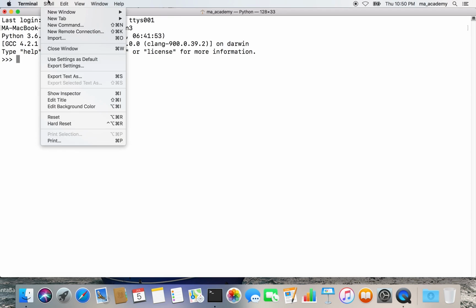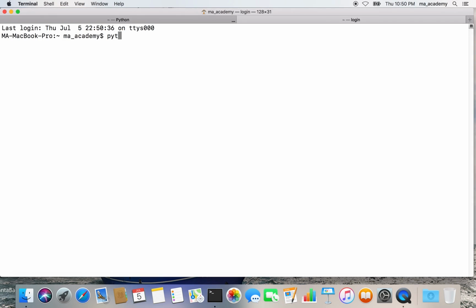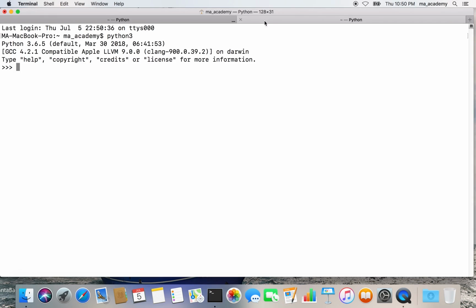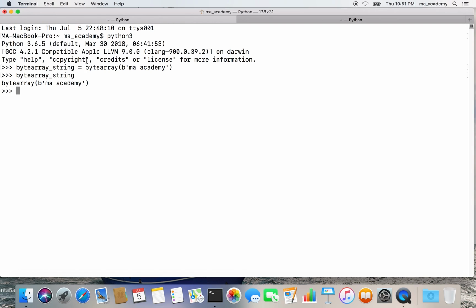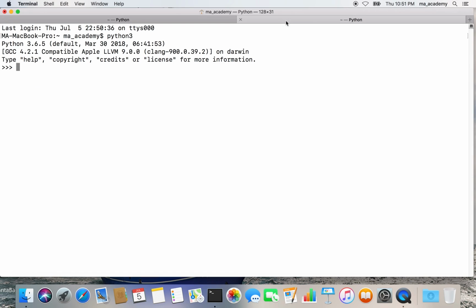So here I am using Python 3. Let me open another tab, Python 3. Now let's declare a variable and call it byte_array_string. This is just the name of the variable. We are saying it's a byte array, and inside we will type in MA Academy. If we type byte_array_string, you can see that it says it's a byte array and the contents are MA Academy. Let's do the same thing